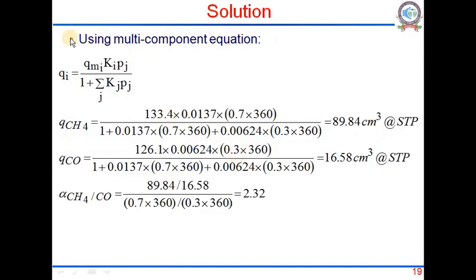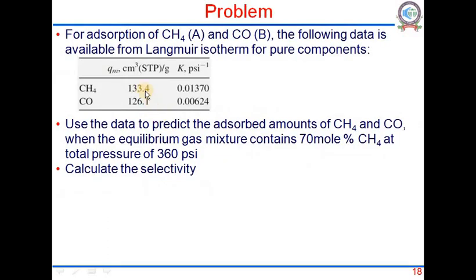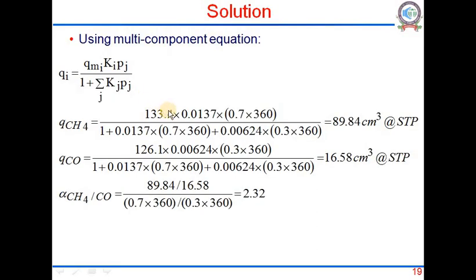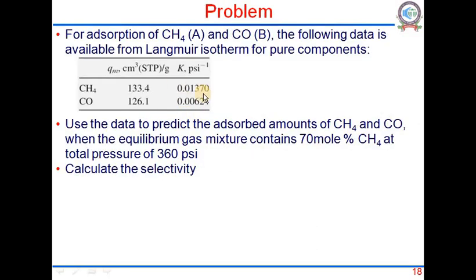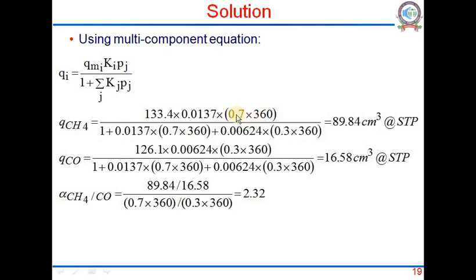So for example, if you are using the multi-component equation, Qi would be Qmi Ki Pi divided by 1 plus summation over j of Kj Pj. Sorry, this should be Pi, not Pj, so make that correction. If we write i as methane, Q for methane would be QMi, that is 133.4, QM for methane, multiplied by K for methane, 0.0137, multiplied by pressure, 0.7 times 360, which is the partial pressure of methane,